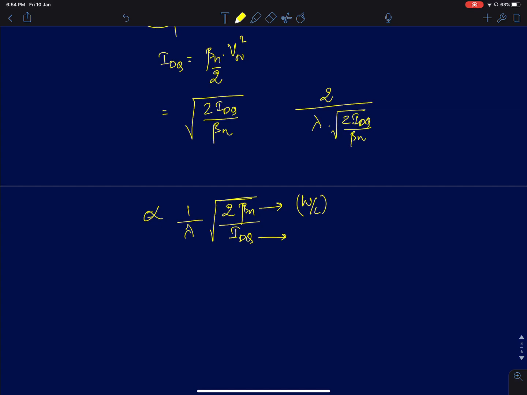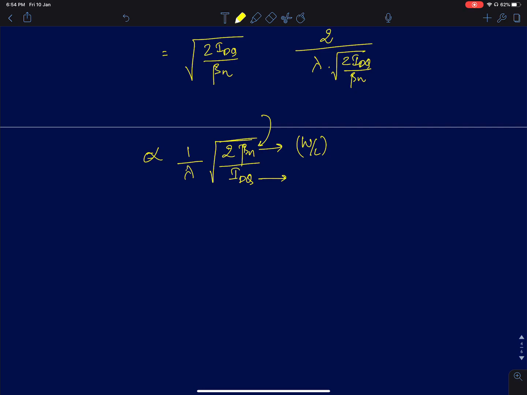But you can see that if you keep your W by L constant and if you increase the drain current, your gain will reduce. Let me remind you again, this is valid assuming that the MOSFET follows square law characteristics, and this square law is valid only in strong inversion region. It will not be valid in weak inversion region. The other interesting thing that this result shows is that